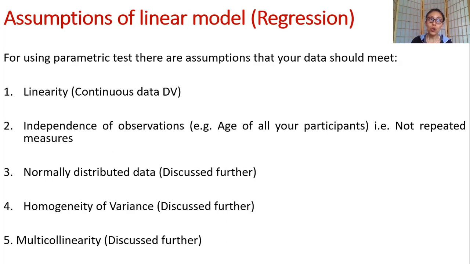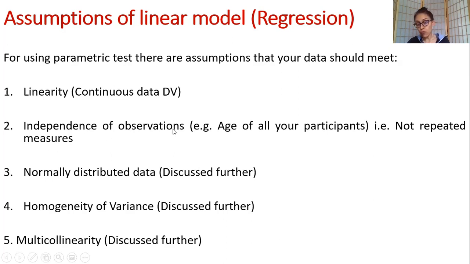So for you to use your data set, if you want to do regression on your data set, you have to make sure that your data is normally distributed. Okay, so yes, that is your assumption number 3, that your data should be normally distributed. If it is not normally distributed, doesn't mean you cannot run regression. There are ways to do it, and we'll look at that in the coming slides. Okay, so the one thing very important, parametric test, therefore your data should be normally distributed.